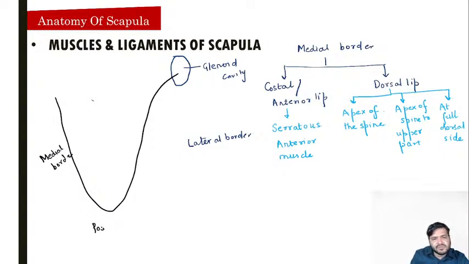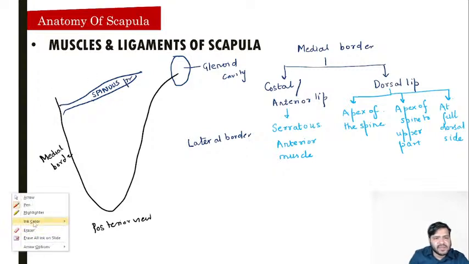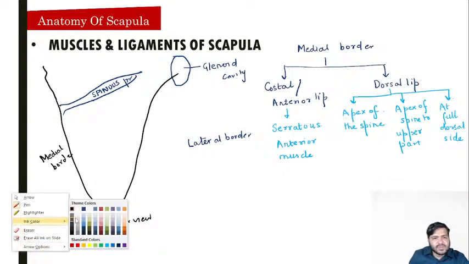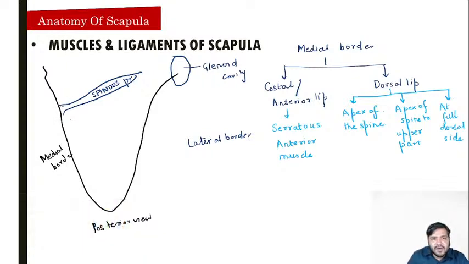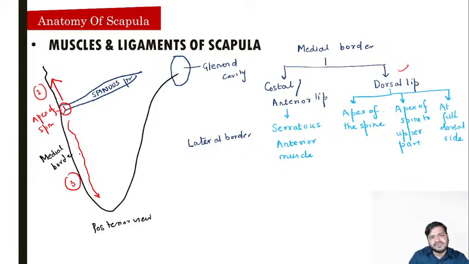the posterior view, this is the posterior view guys, and remember कि posterior view को हम divide करते हैं, there is a spinous process over here which is actually dividing the posterior view into two parts, है ना। तो ultimately एक पार्ट वो होगा which is actually present at the tip of the spine, that is the apex of the spine. एक पार्ट होगा apex of spine से ऊपर, apex of spine to the upper part, और one part it is the full dorsal side, we are discussing the dorsal lip now, okay, at the full dorsal side।